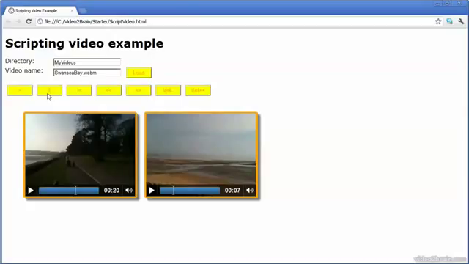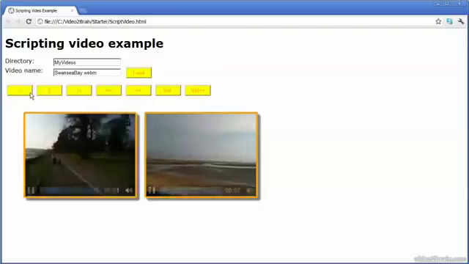I store the video elements in an array, and every time I click one of these buttons, it performs all the operations on each video element in the array. Basically, I have a loop that will call the pause method on each video object. When I click play again,